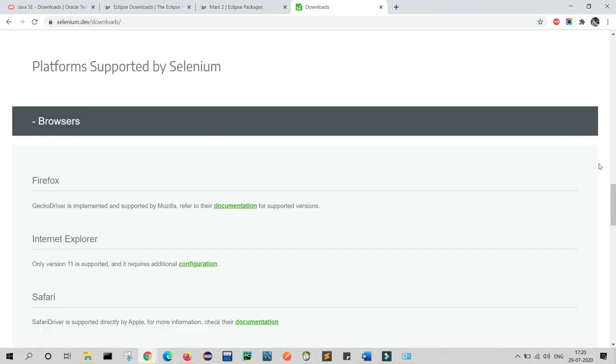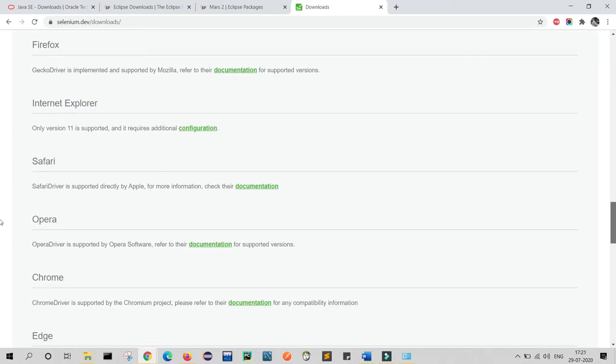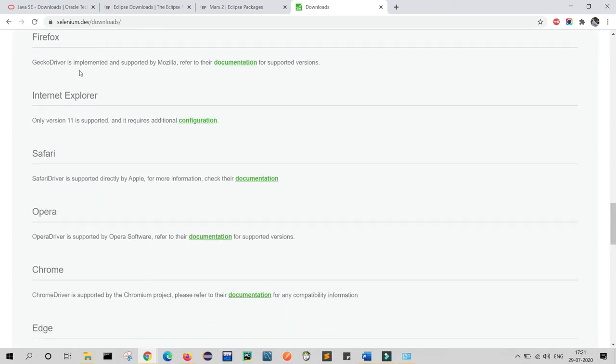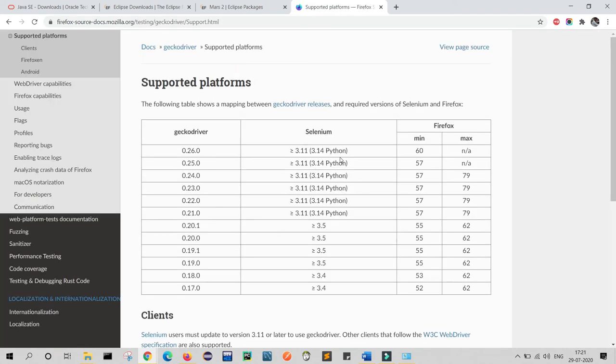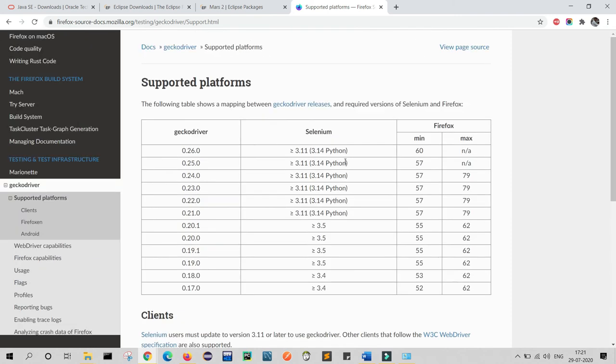Click on the plus icon and here you will get all the browsers like Firefox, Internet Explorer, Safari, Opera, Chrome, Edge. If you want to download Firefox, just click on documentation and this will show you the latest released Gecko driver, 0.2 released. Similarly, whatever release you want.